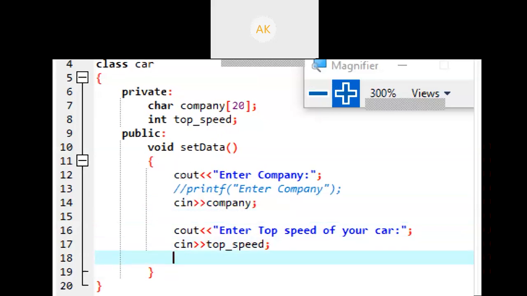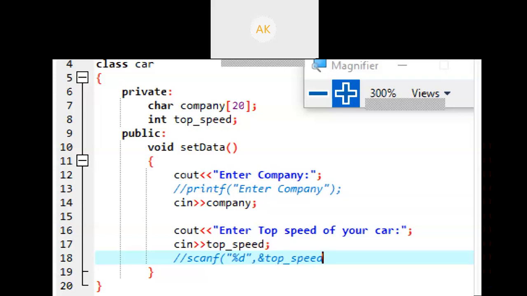Just look at this, scanf percent %d. If your variable is decimal, then give the address of your variable name. Okay, top speed.